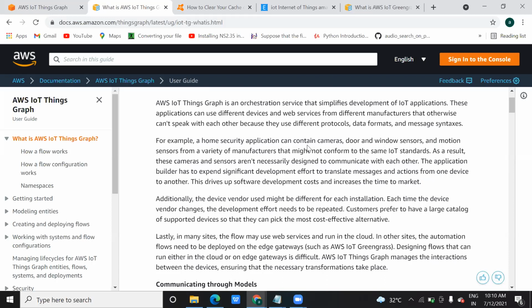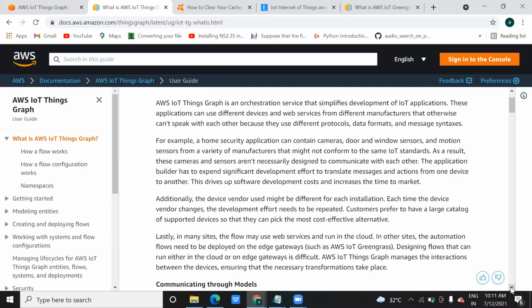Just like yesterday, we created a channel, pipeline, data store, data set, then a Jupyter notebook, and finally we were able to go from the channel to the notebook. In the same way here also we'll connect several components, so we can explain to the team how the flow is working and how things are connecting in this IoT Things Graph.